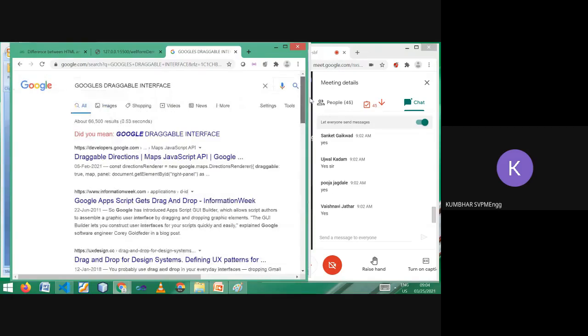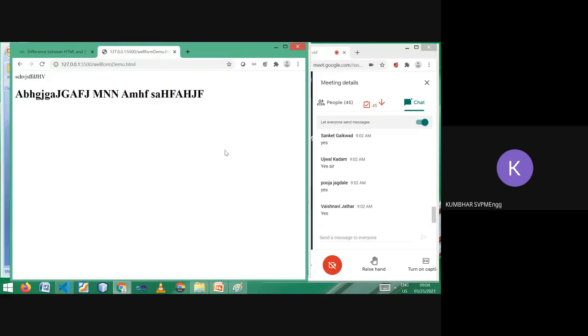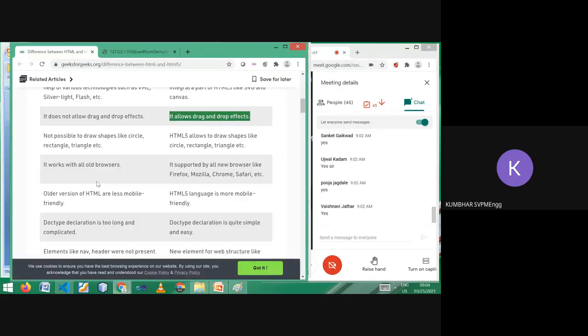Actually, Google also gave one interface in which you can set your screens. I will try to recover it and come back to you. Let's move ahead.